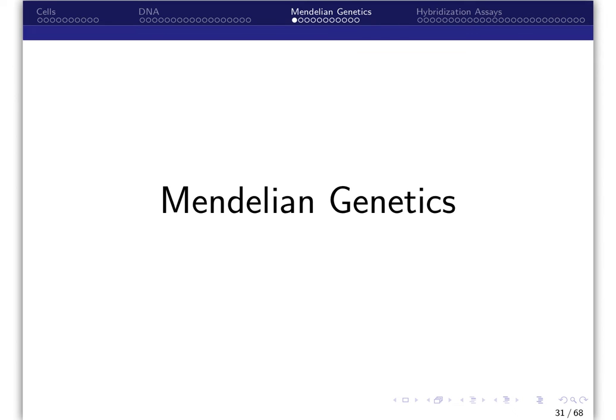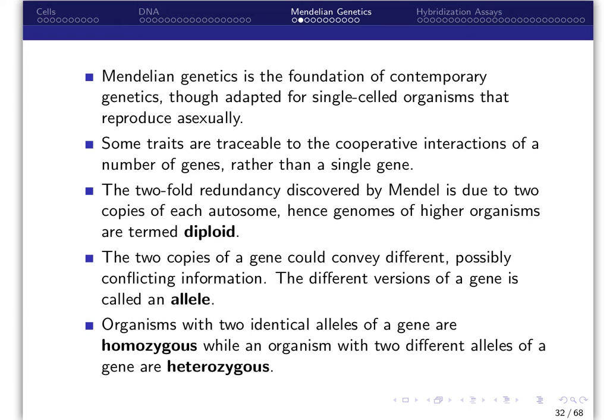This is a very brief overview of Mendelian genetics. Mendelian genetics is the foundation of contemporary genetics, though adapted for single-celled organisms that reproduce asexually. Some traits are traceable to the cooperative interactions of a number of genes rather than to a single gene. The twofold redundancy discovered by Mendel is due to two copies of each autosome, hence genomes of higher organisms are